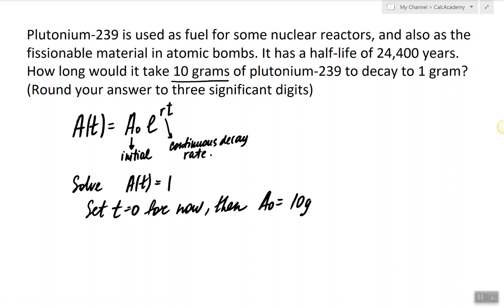So how do we interpret that the half-life of plutonium-239 is 24,400 years? That means that if we were to leave the 10 grams of plutonium for 24,400 years, then in 24,400 years, we'll have exactly half of it left. So the function evaluated at 24,400 is equal to 5, assuming that the initial amount was 10. So what does that mean? That means if I plug in 24,400 into the function,